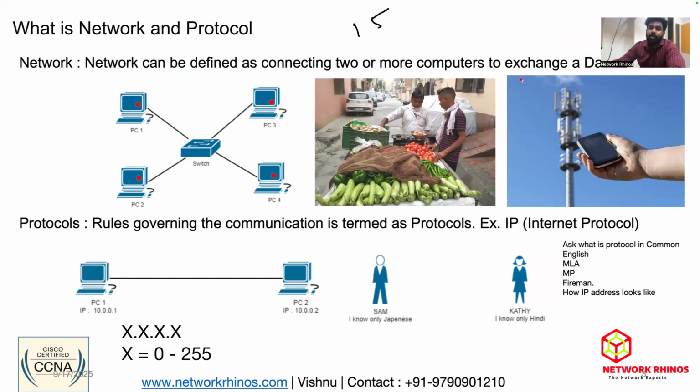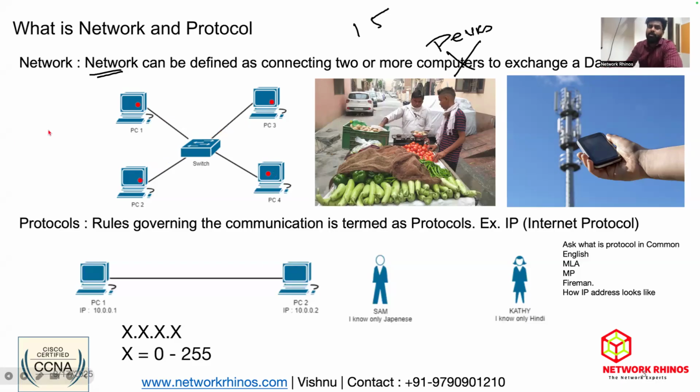People say this. But as of today, not only computers have networks, right? Network is where all devices are. So as of today, I can modify this and say network can be defined as connecting two or more devices to exchange valuable data. In this given example, I have taken 4 PCs and the red dot is data being exchanged between them. I can call this a network.